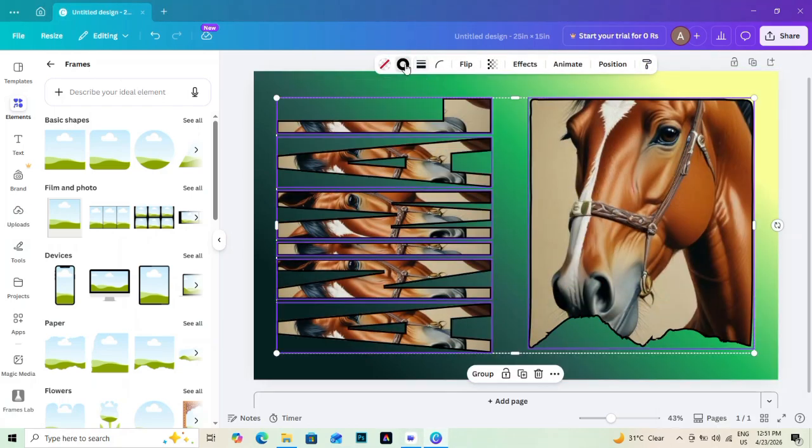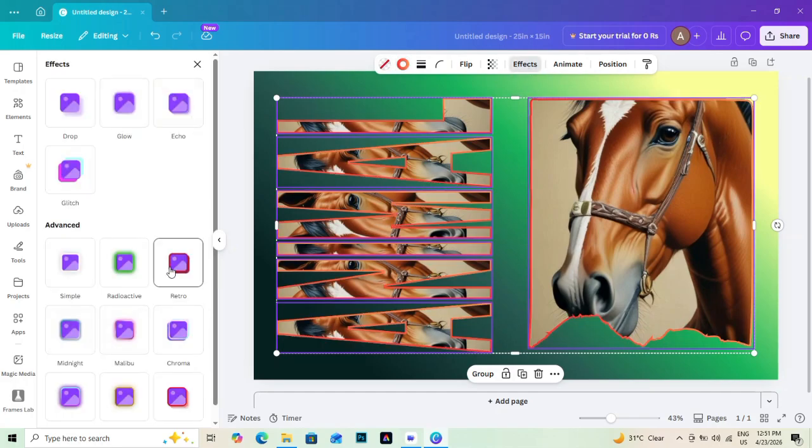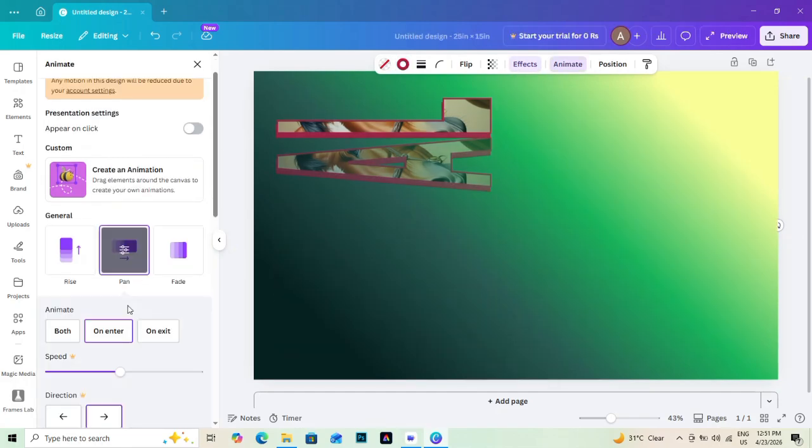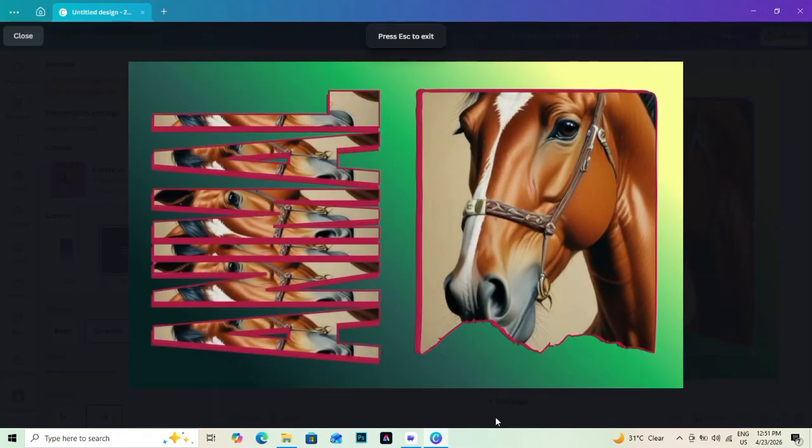Use position tools to align everything carefully. Add minimal text using a clean font. This modern narrative layout